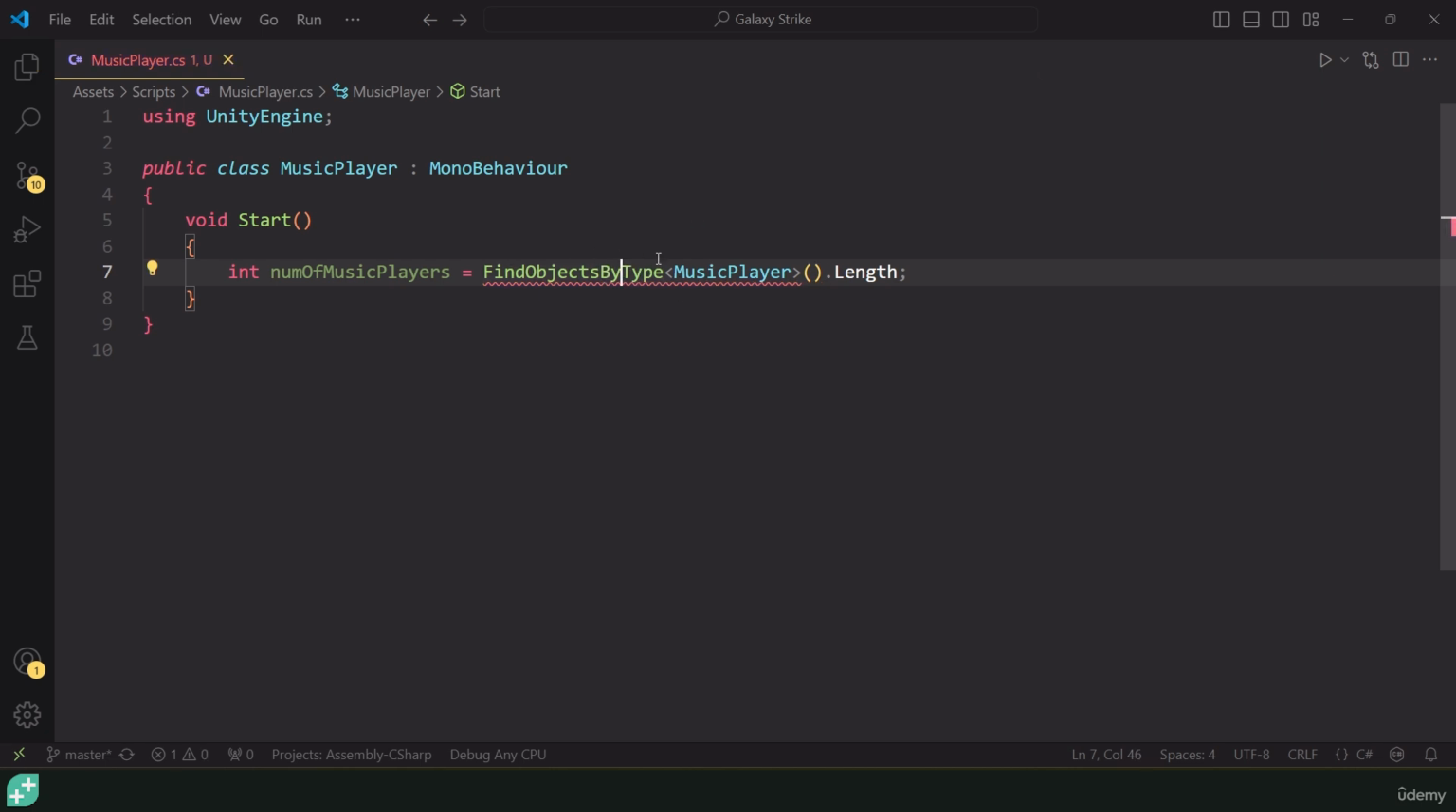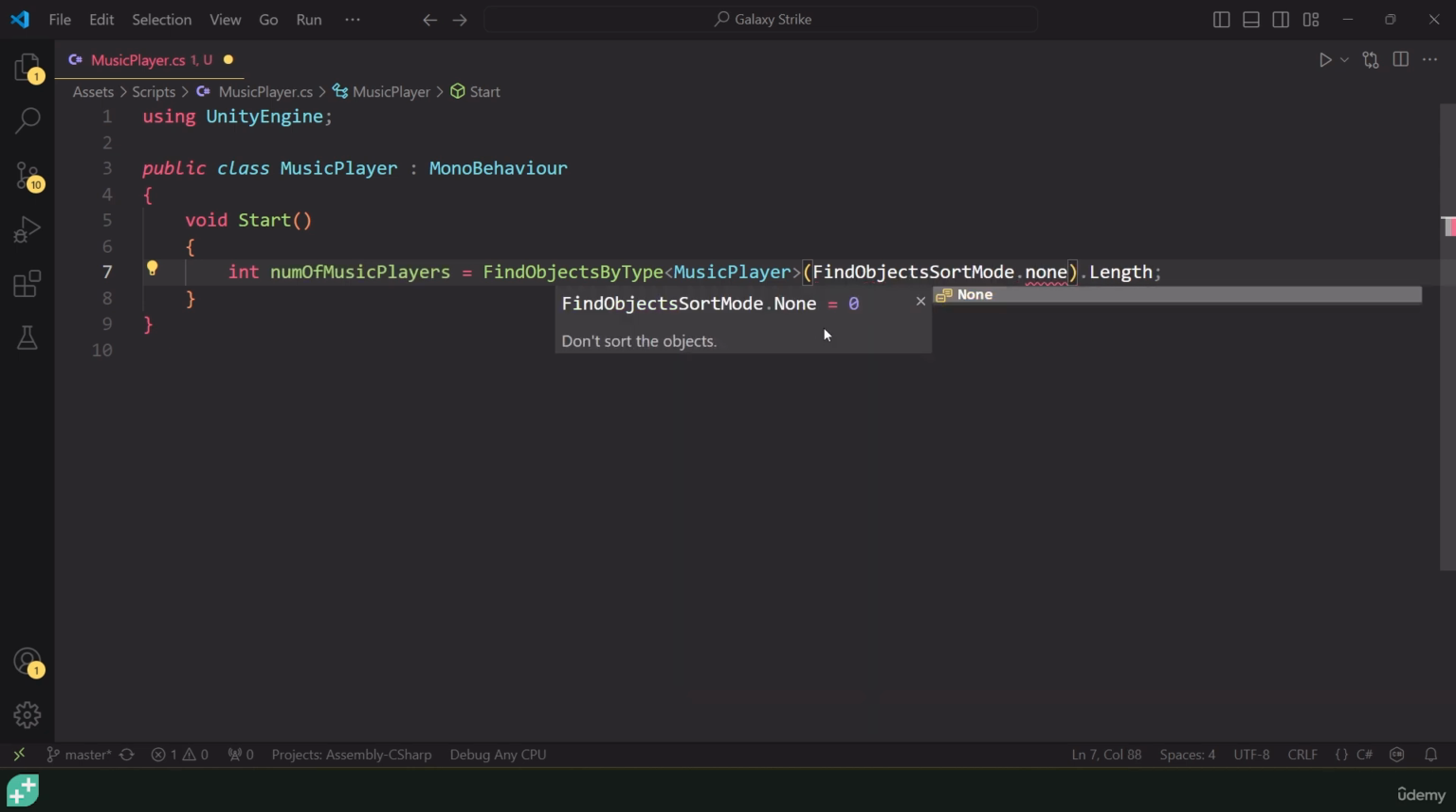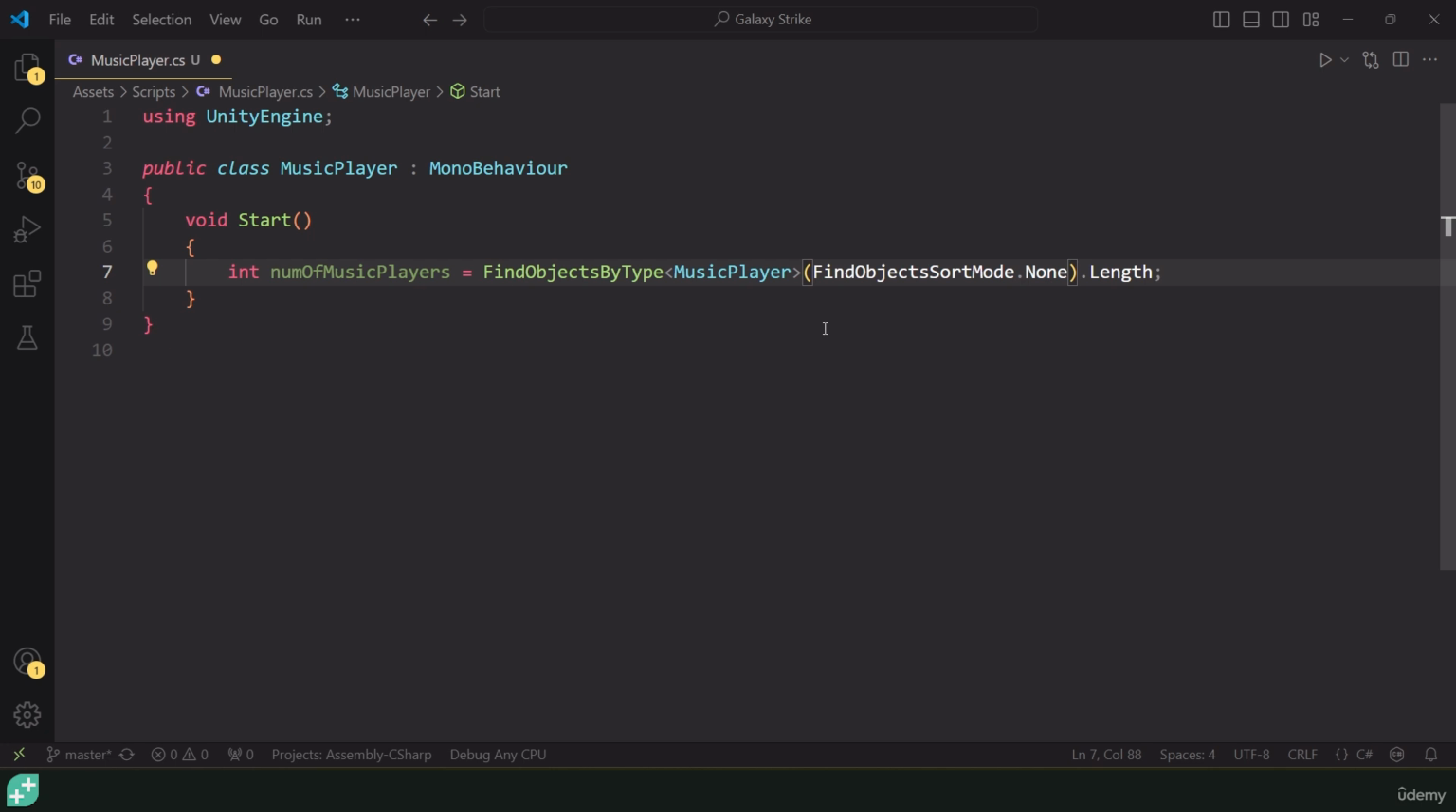If you remember me mentioning before, the new syntax for this is a little bit odd to me. You actually have to pass through a specific way that you want to sort the array in find objects by type. Now in this case, we're not actually returning a full array. We just want the length of the array. We don't care about sorting it, so we can just use find objects sort mode .none. That way at the very beginning of our scene, in Start, it will return the amount of music players